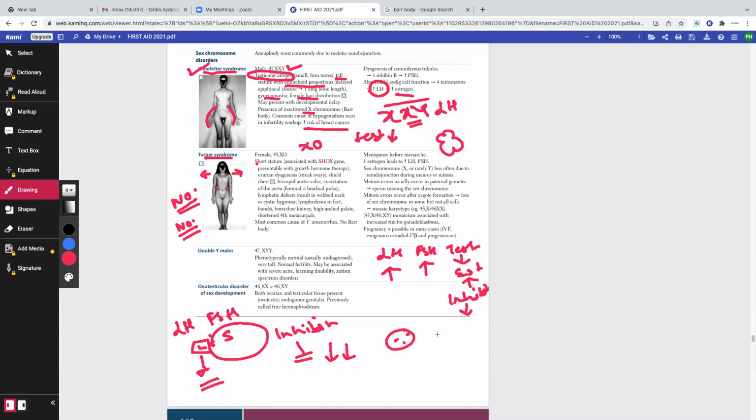Number one, they have a bicuspid aortic valve. If they have a bicuspid aortic valve instead of a tricuspid aortic valve, should they have problems such as aortic regurgitation? Yes or no? The answer is yes. Okay, so that's the number one issue. But that is not the most commonly tested cardiovascular pathology in your Step 1 exam for Turner syndrome.